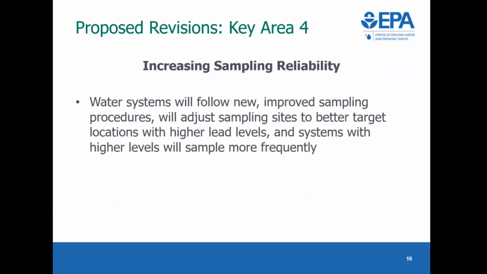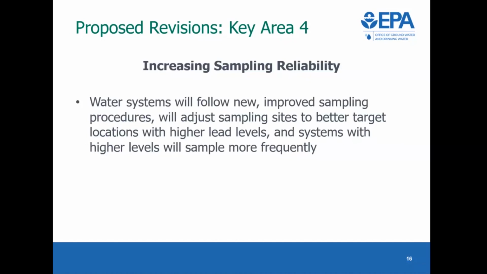So water systems, under the rule, we're going to try to improve sampling procedures and adjust sampling sites to better target locations with higher lead levels, and systems with higher lead levels will sample more frequently. So let's talk about sampling procedures. EPA has had guidance out for a very long time, since the Bush administration,